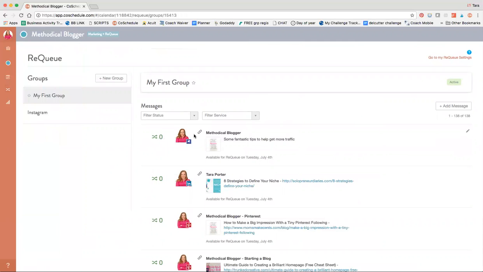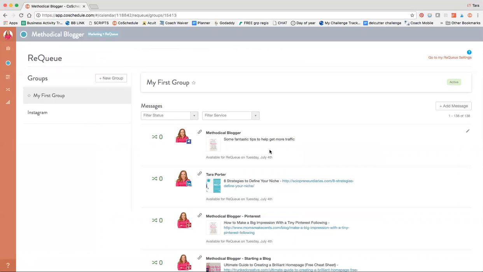So let's say, for instance, I have this post here to Facebook that has tips to get more traffic. Basically, this could be set up to be reposted in a month down the road. So I only schedule it once. I click this add to Riku button. It's kind of set in this queue and it's auto-publishing